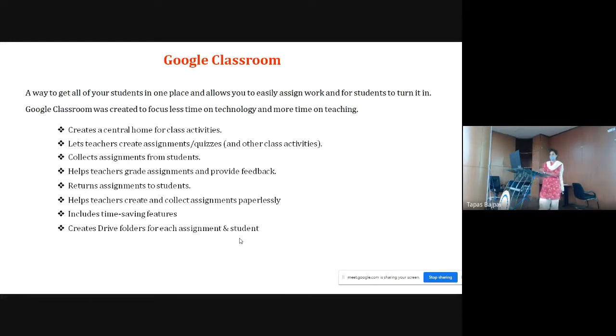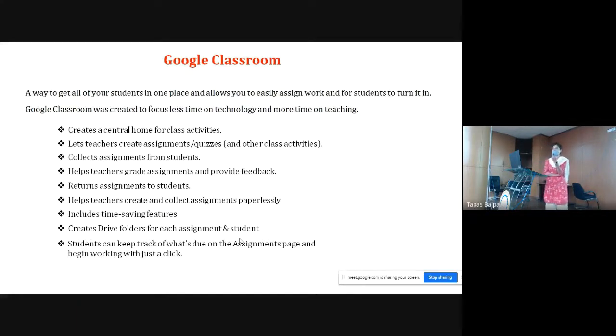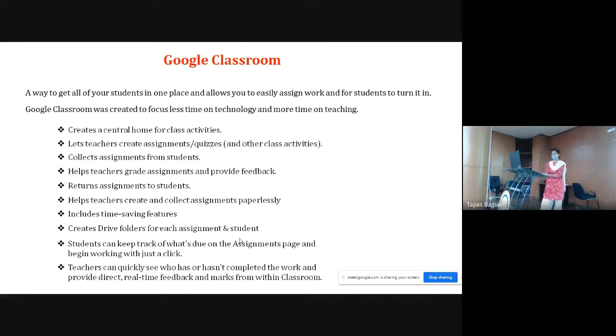The next is that it creates a Drive folder for each assignment, so whatever assignments students submit will be stored in the Google Drive folder. Students can keep track of what's due. If we give an assignment with a deadline, suppose 2 days later, a notification will tell the student that the assignment is due on this date and time.